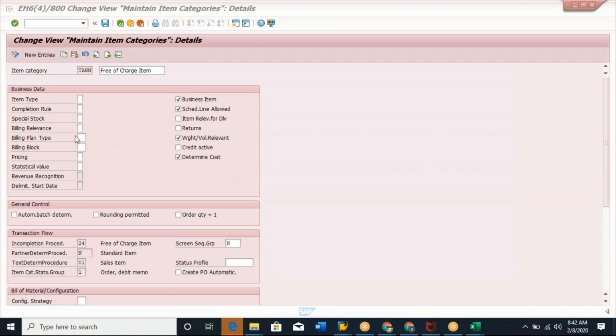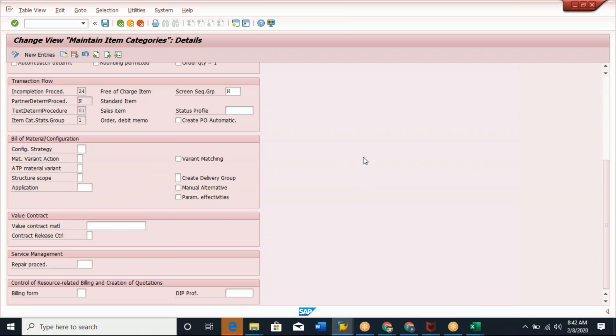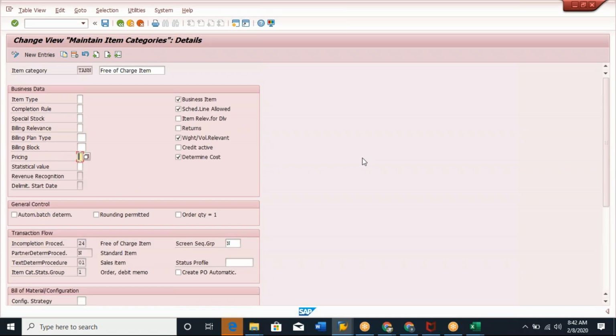Okay, that means it controls whether this item category is relevant for billing, whether it is relevant for pricing, whether schedule lines are allowed or not, whether it is a text item, whether it is relevant for delivery or not, whether the item is relevant for returns or not, and whether you want to determine the cost for this item category in order processing. All these are control settings. These are the main control settings, and then we also have